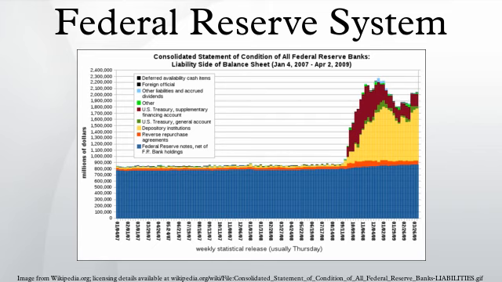The $9.7 billion in other liabilities and accrued dividends represents partly the amount of money owed so far in the year to member banks for the 6% dividend on the 3% of their net capital they are required to contribute in exchange for non-voting stock in their regional reserve bank in order to become a member. Member banks are also subscribed for an additional 3% of their net capital, which can be called at the Federal Reserve's discretion. All nationally chartered banks must be members of a Federal Reserve Bank, and state-chartered banks have the choice to become members or not.